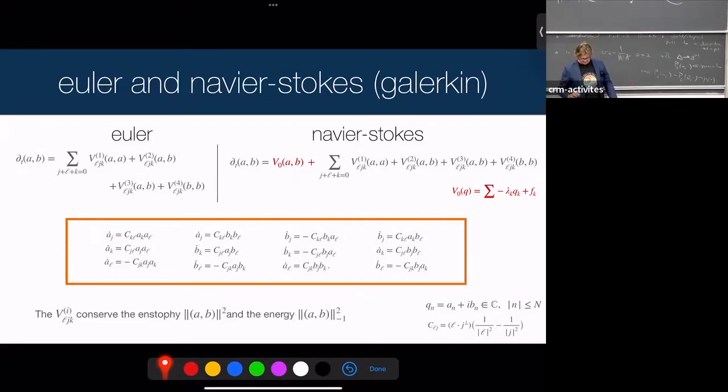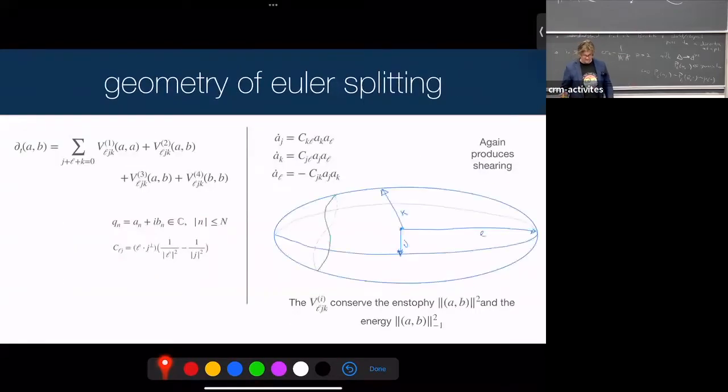What's interesting about them is that each of these little systems conserves energy and entropy. So this whole splitting scheme conserves energy and entropy, right? And so what they do is follow the dynamics of this little green curve, because they're in 3 dimensions. They have 2 conserved quantities, and so they're living just on a curve on a football, the intersection of a sphere and an ellipsoid.